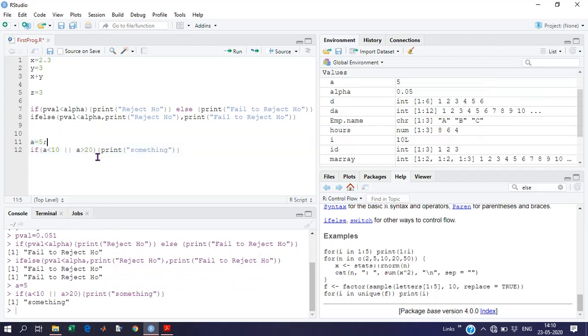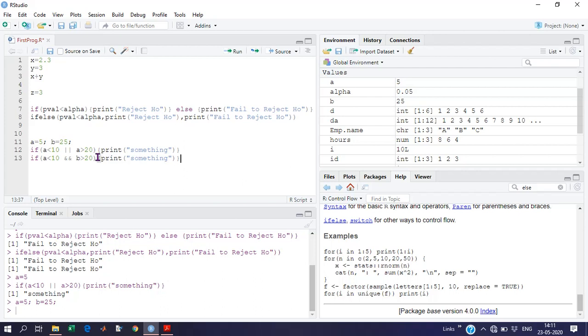And if you want to verify that a is less than 10 and b is greater than 20, suppose b is 25, in that case we can go ahead and change that or symbol into and, as we want a to be less than or equal to 10 and b to be greater than or equal to 20. Control n, these both the conditions.